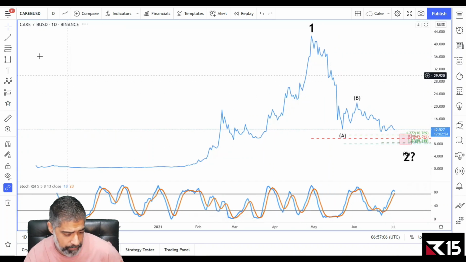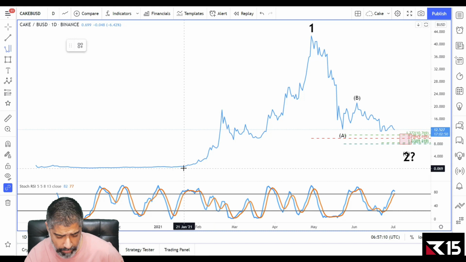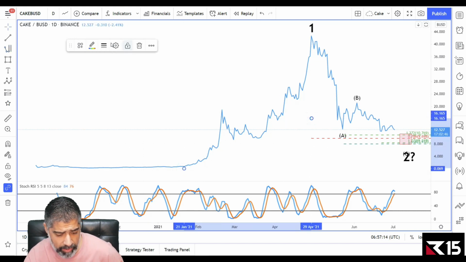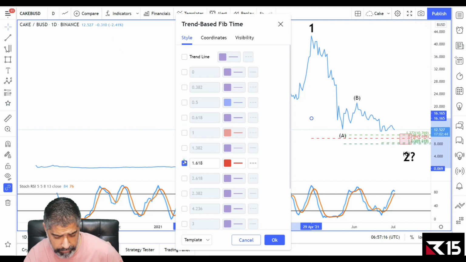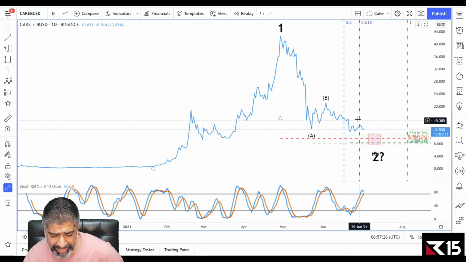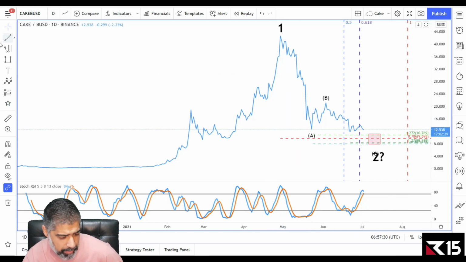One last thing we can do that will help us is time analysis. For this wave 1, beginning to end, a typical correction is a minimum of 50%, which is right in that zone over here. The next zone, a typical correction is 62%, and then 100%. You see 100% over here. So we're in this zone, right? And then we can also do one last thing. It's probably going to be 1.618 where we measure wave A.